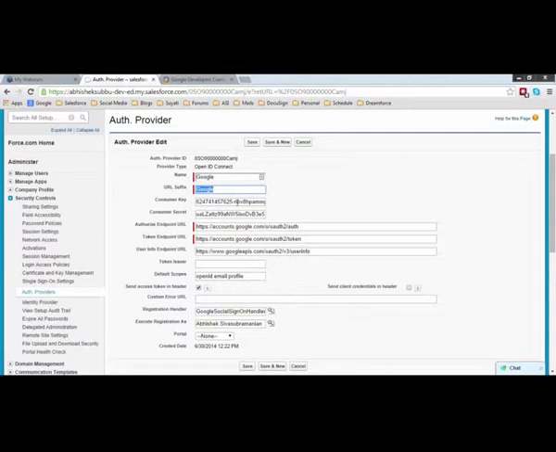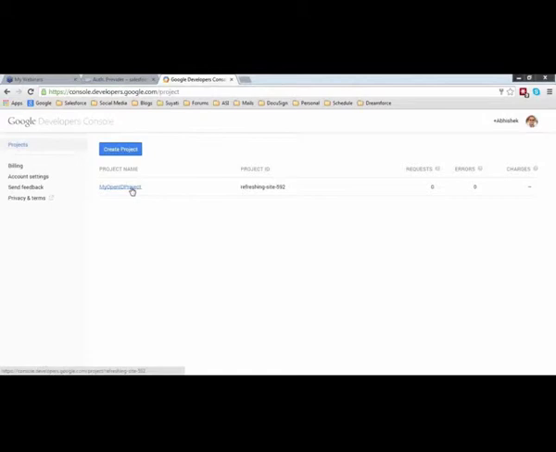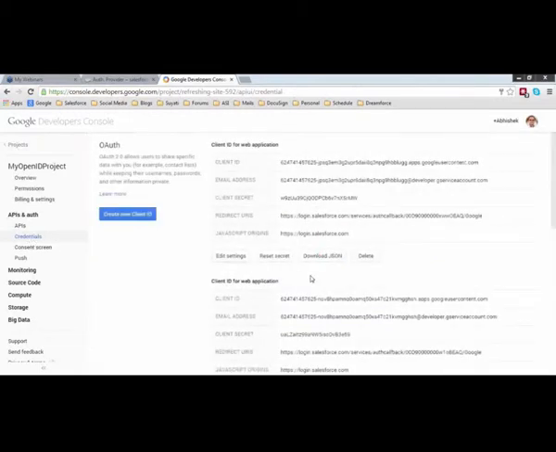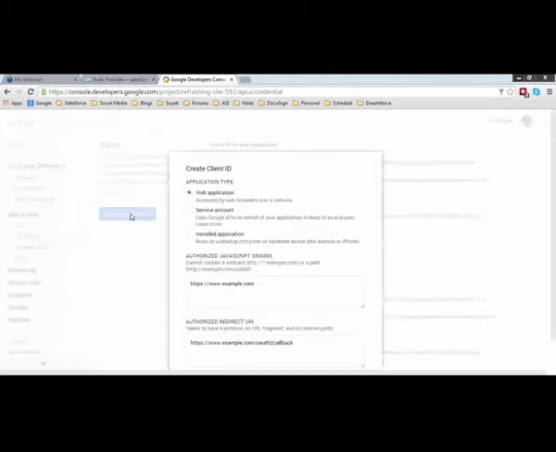Now, where do you get the consumer key and consumer secret from, right? The point from where you can generate this is from the Google Developers Console. So let me show you my Google Developers Console, and you just need to log in here, go to the credentials, and when you go into the credentials, you will have an option to create a new client ID, right? So if you just click on this new client ID, it will ask what is the kind of application. Is it a web application or a service account, or is it an installed desktop application that you're trying to access this OpenID information from?